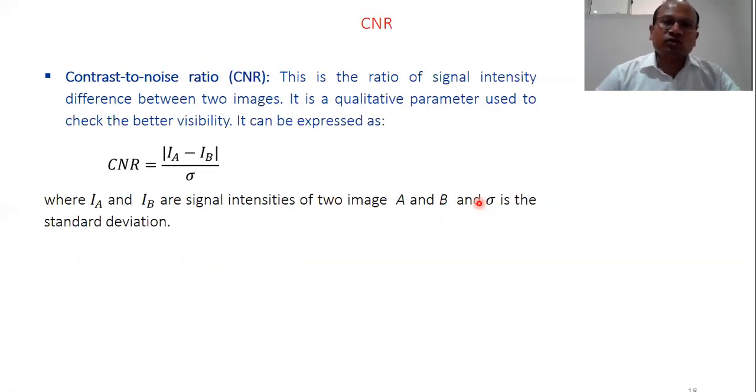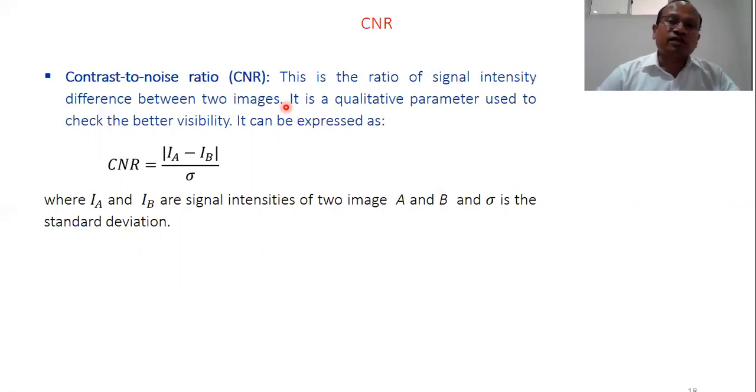Contrast to noise ratio: with respect to noise, how much contrast improvement has taken place. You can calculate it where IA and IB are the signal intensities of two images, A and B, and sigma is the standard deviation. So this is a measure of signal intensity between two images, computing the relative signal intensity difference between the two with respect to noise.